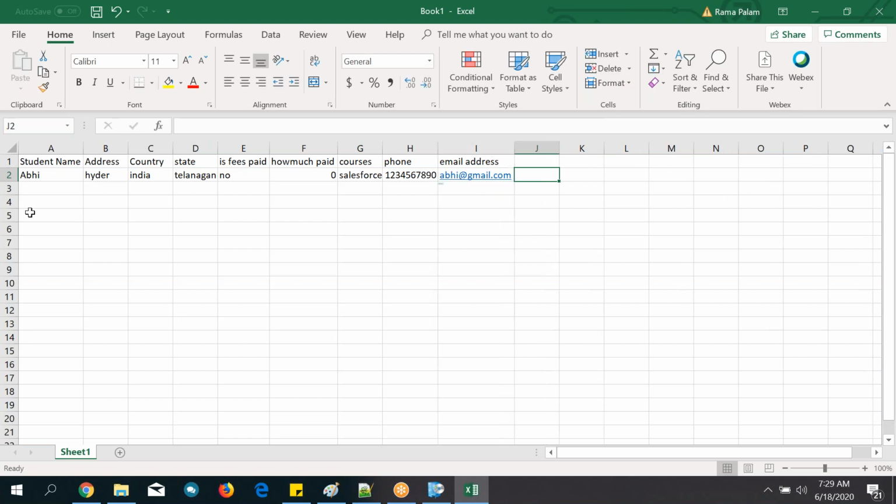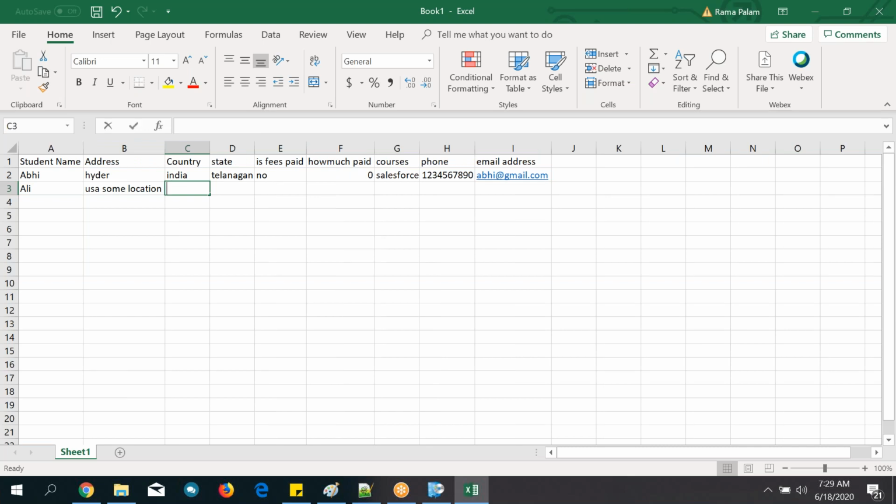Next, Ali. He belongs to some other state, Chennai. Address, some USA location, country USA, state New Jersey, give anything.